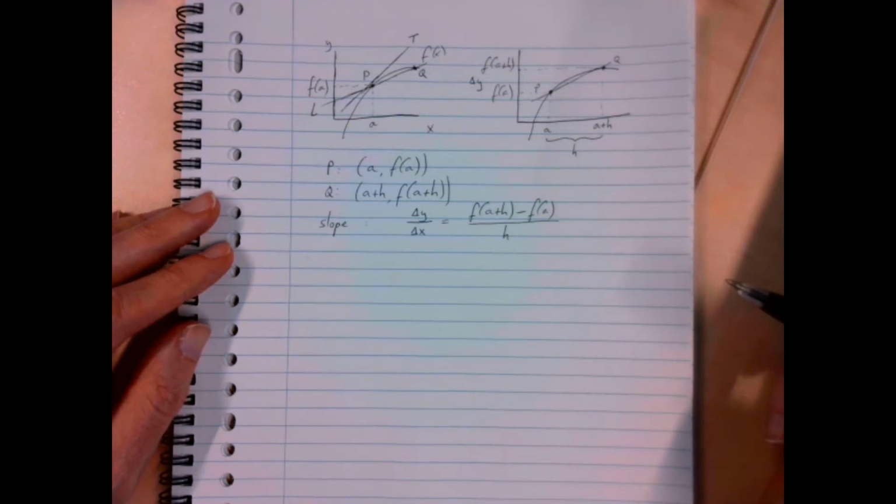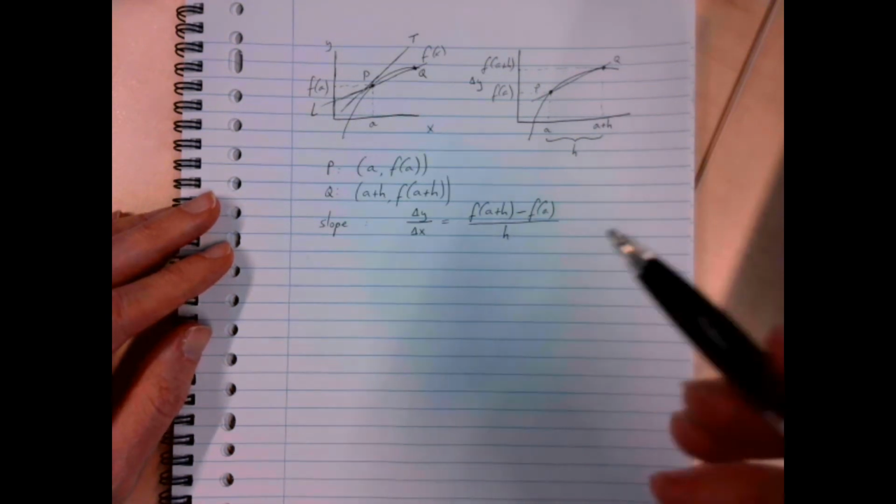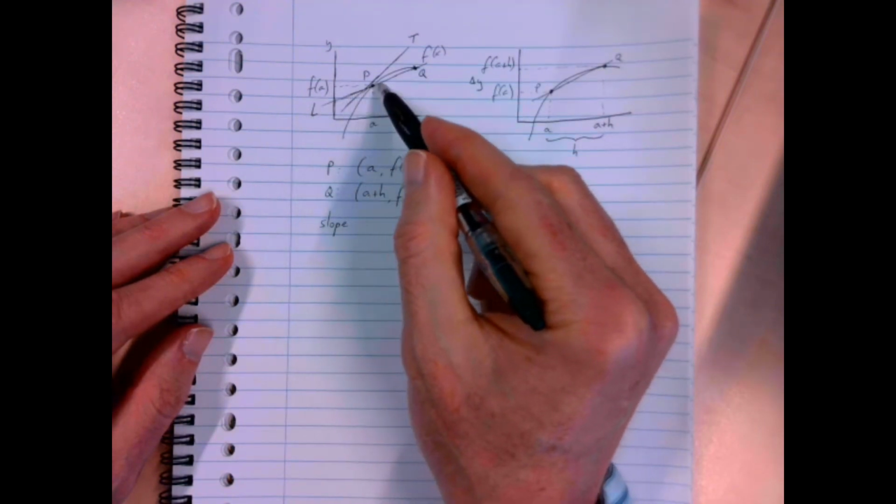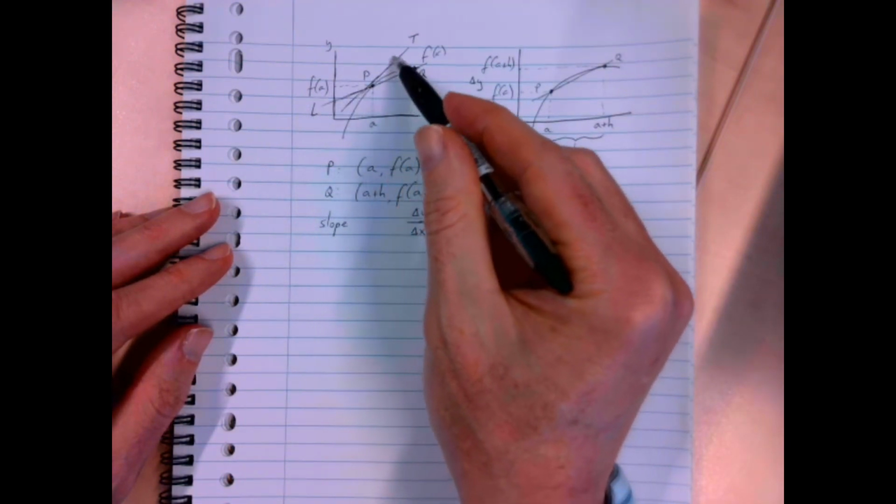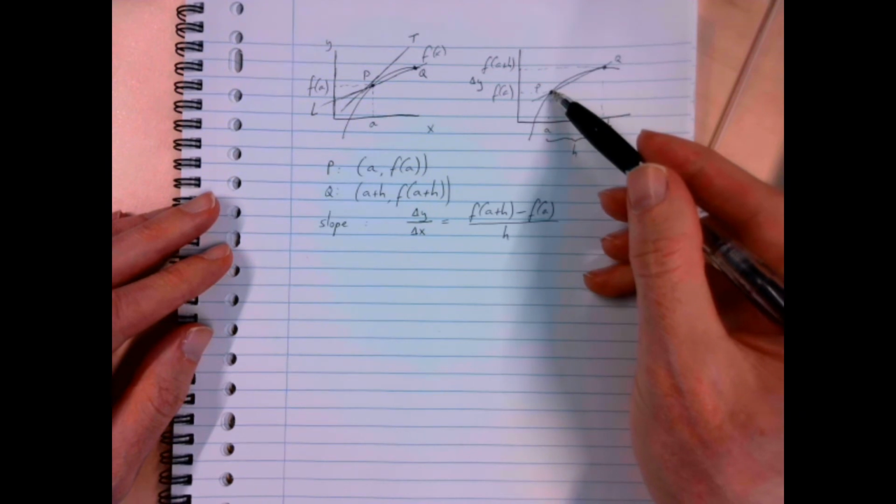Was that what we were interested in? No, it's not, of course. We're not interested exactly in this line L. We are actually interested in the slope of the line T, the actual tangent to the graph at the point